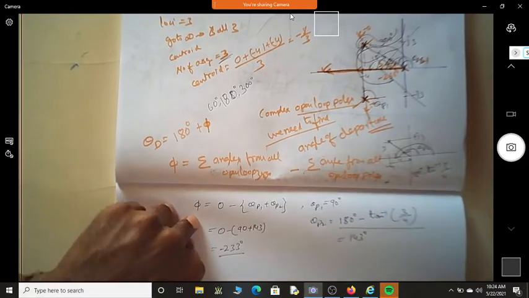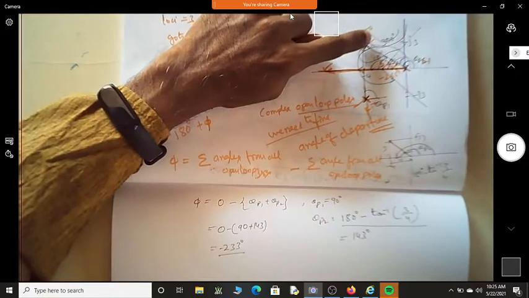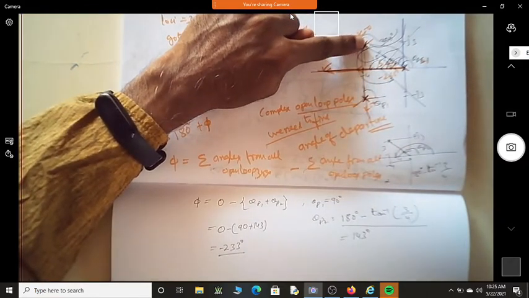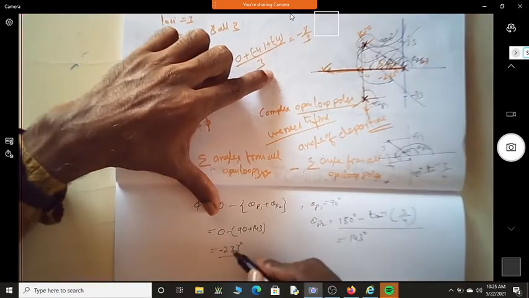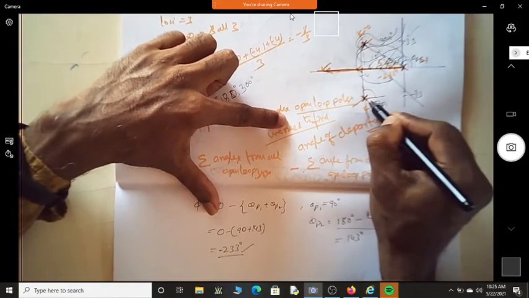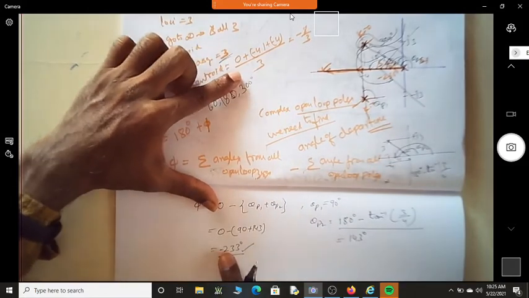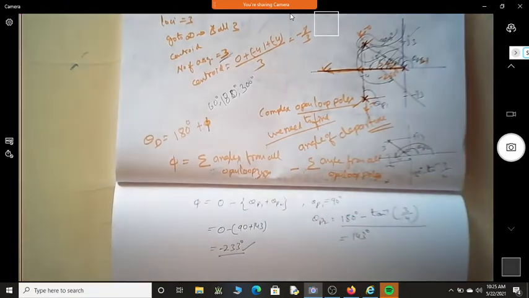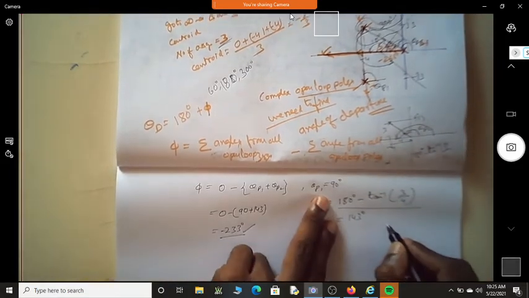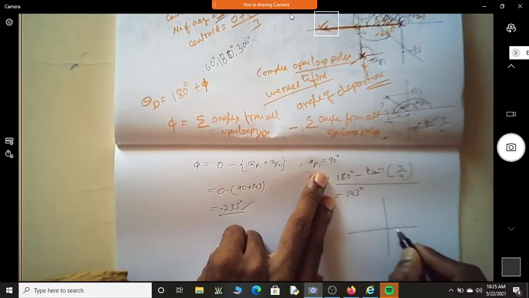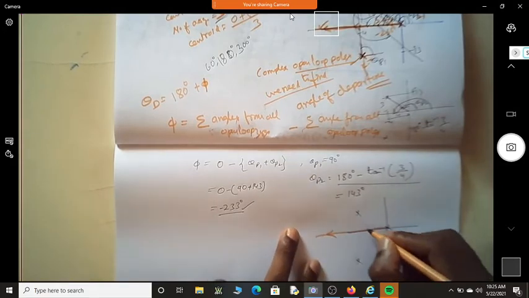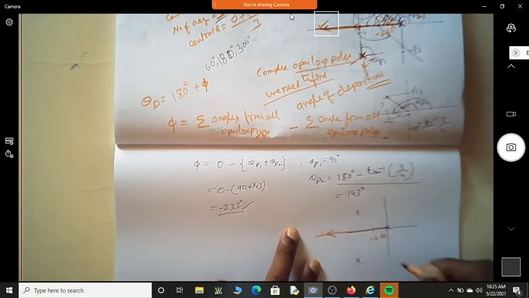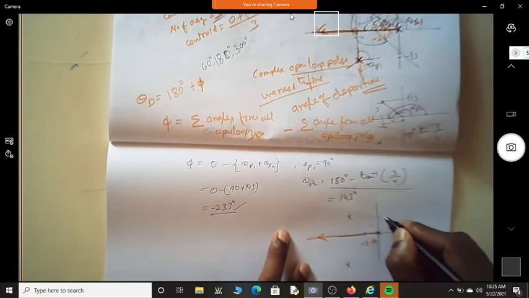So this is the angle of departure for a pole which is leaving from here, because there are two poles which are complex. One will leave at this angle, minus 233, and the other will leave at an angle opposite to this, that is plus 233, because they are symmetric in nature. Now if I rewrite it here, it is this and this. And I have an asymptote at minus 2.66. There is an asymptote which is lying there.